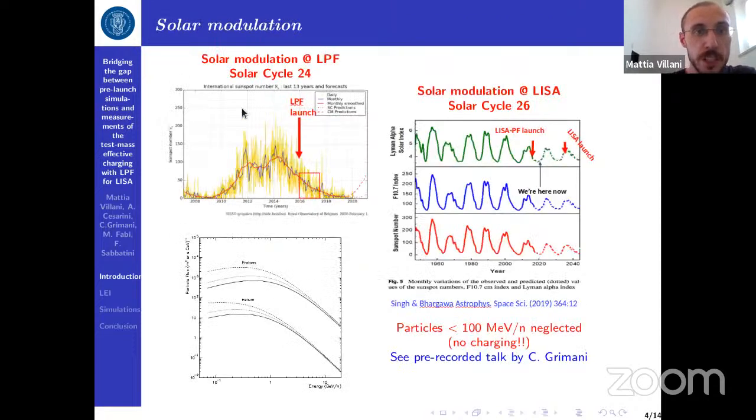LISA Pathfinder flew on the declining phase of solar cycle 24. Here is the beginning of the mission, here is the end. The modulation of the galactic cosmic rays is reported here in this plot. At the beginning, it was this continuous curve for proton and helium. At the end of the mission, it was the dashed curve. And when the test mass charging measurements were carried out, it was this dotted curve. LISA will fly in the ascending phase of solar cycle 26 with a similar solar modulation to LISA